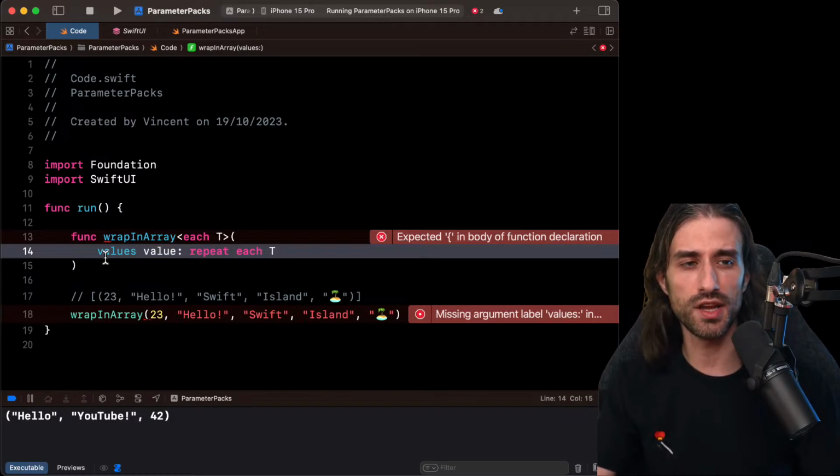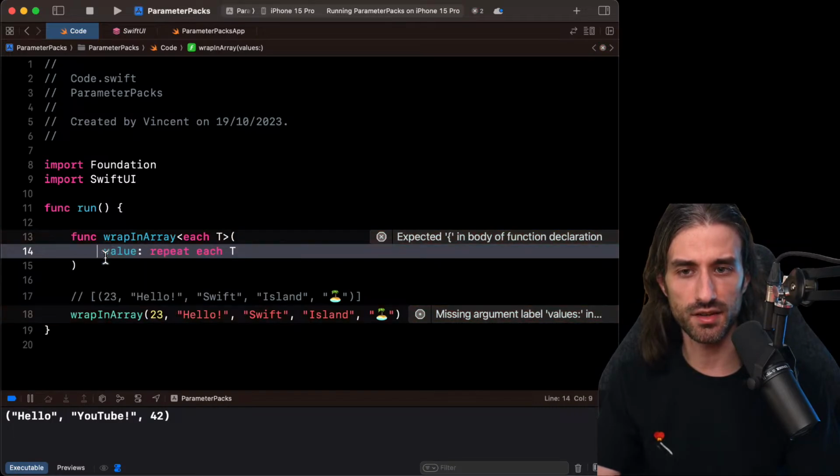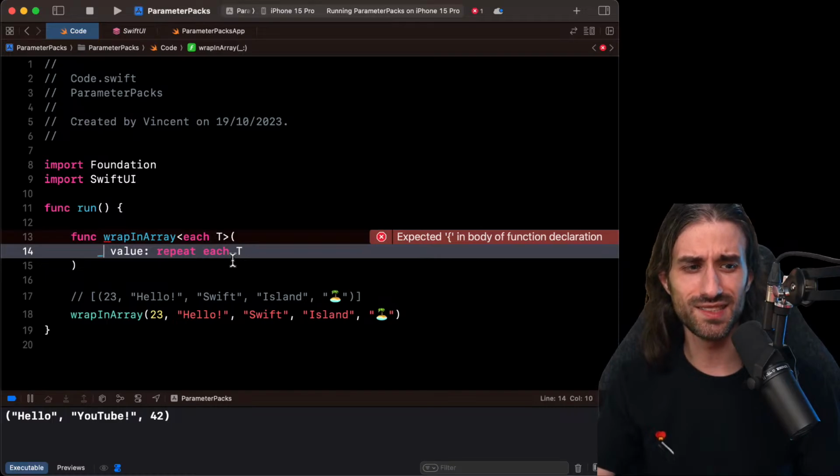It's purely made to make readability a little bit easier, but I find that it's a nice convention, because saying repeat each values is even a bit confusing, because you're wondering, are we repeating all the values several times? It's a little bit less clear. So value: repeat each T.